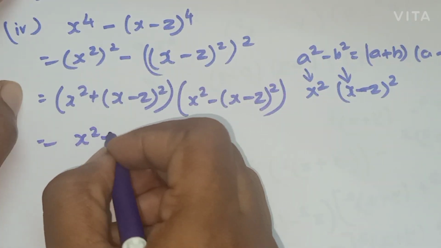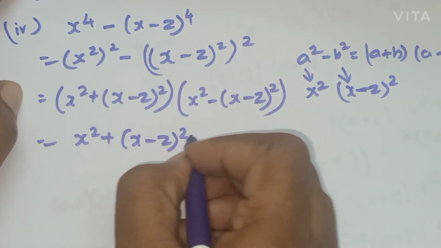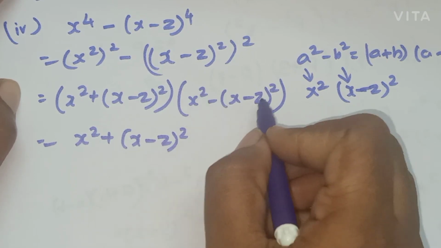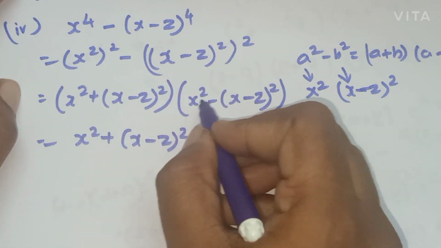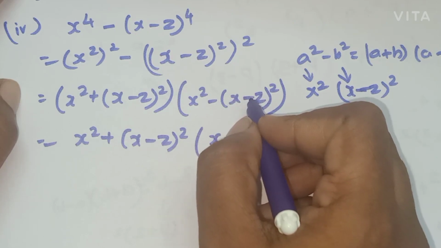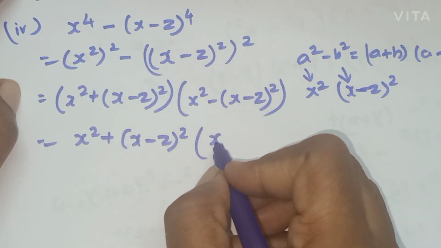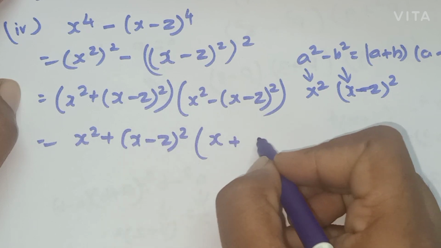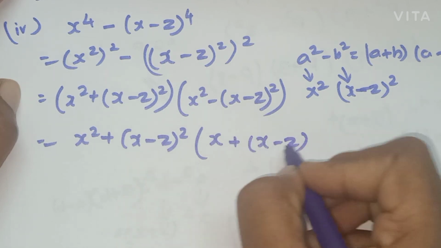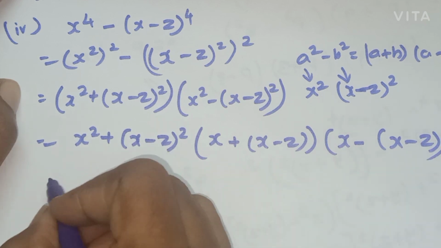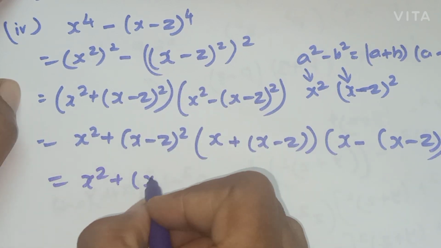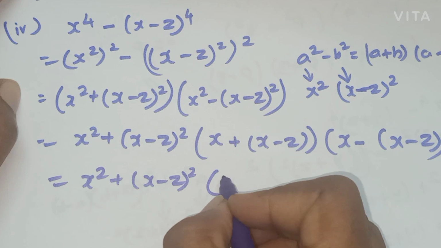So this is equal to (x square plus (x minus z) the whole square). This is of the form a square minus b square. So in the place of a we have x, in the place of b we have (x minus z). So (a plus b) into (a minus b). So this is equal to (x square plus (x minus z) the whole square) into (x plus x gives us 2x minus z) into (x minus x...